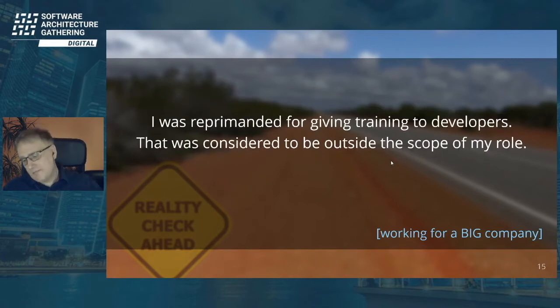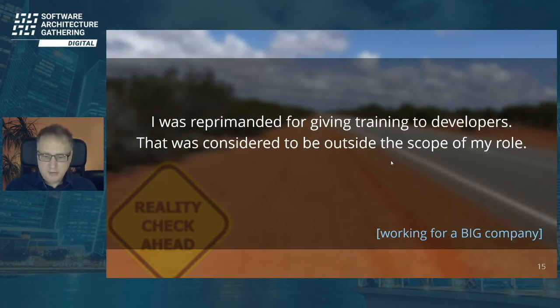So, and it can even get worse. I got feedback that people were reprimanded. They were giving training to some developers, and of course, when we teach our students to become architects, we tell them if your developers need support, give them the support they need. Tell them about new technologies or how to implement things, guide them, listen to them as well, to what they come up with.